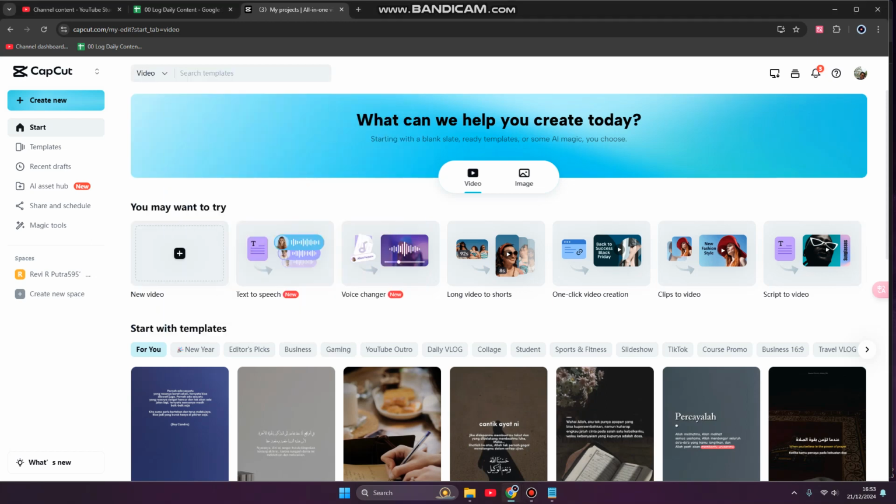Today I'm going to show you how you can upload your assets in CapCut Commerce. All you have to do now, you can open CapCut.com on your browser. Don't forget to sign in or sign up if this is your first time using CapCut. So after that, you can click on CapCut logo at the top left corner of your screen and click on